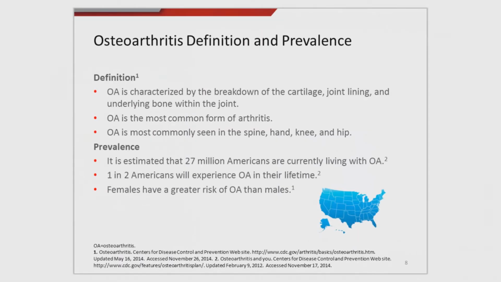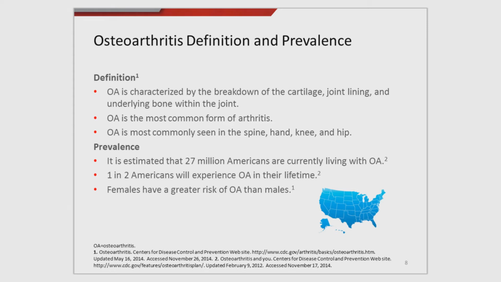Osteoarthritis is defined or characterized by the breakdown of cartilage, joint lining, and underlying bone within the joints. Remember, this is a joint disease. It's the most common form of arthritis. Probably half of Americans at some point in their lifetime will have complaints of osteoarthritis pain. It's the most prevalent in spine, hand, knee, and hip. It's estimated that almost 30 million Americans are currently living with osteoarthritis, and females have a greater risk than males